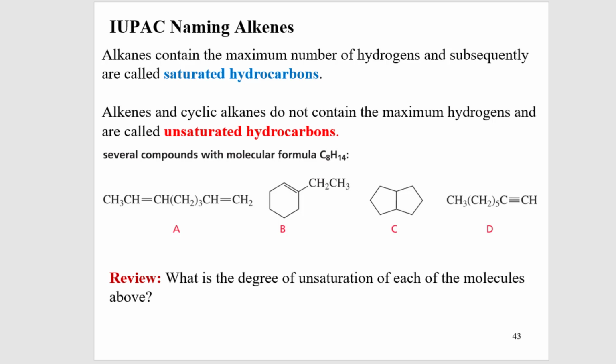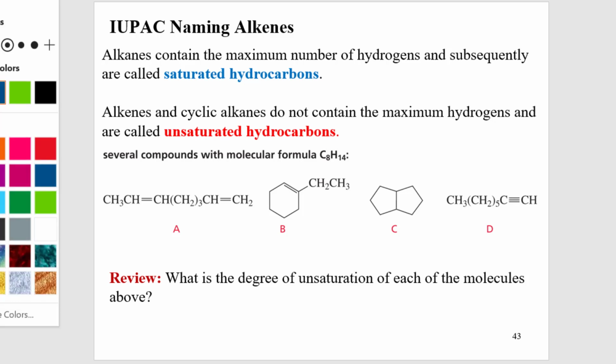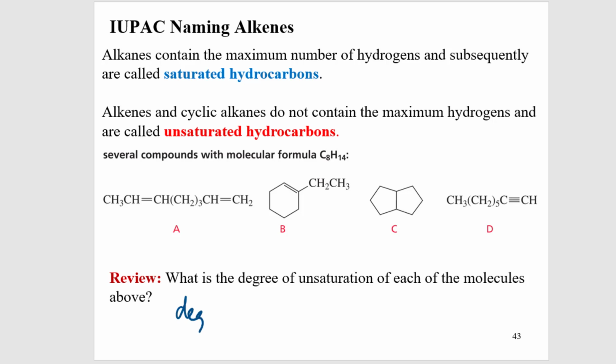Therefore, since we've been talking about making alkenes, they're the product typically of the eliminations that we've been doing, we tend to make unsaturated hydrocarbons when we do elimination chemistry. So as a quick review, when looking at a molecule, we can very quickly determine the degrees of unsaturation for those molecules. Remember, degrees of unsaturation